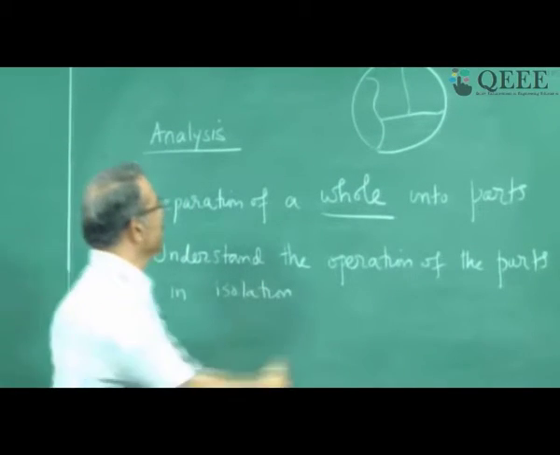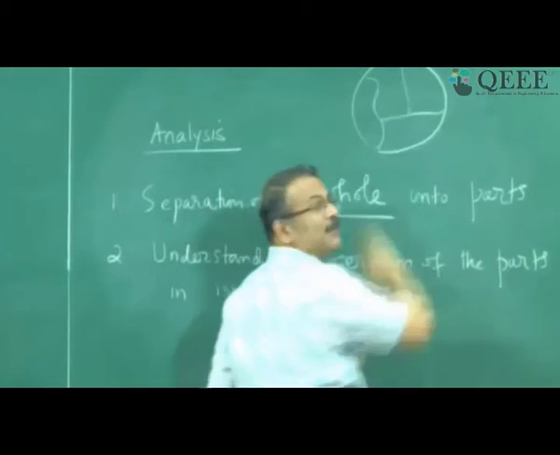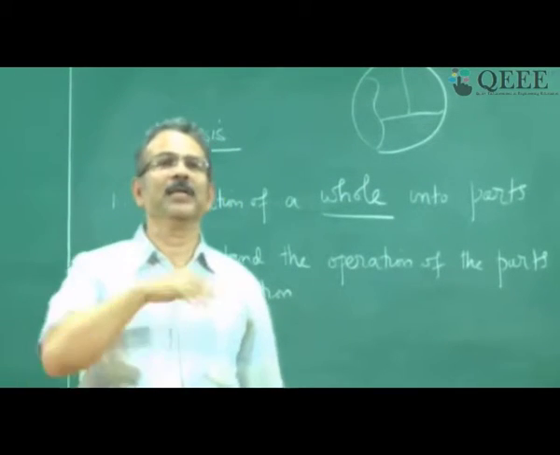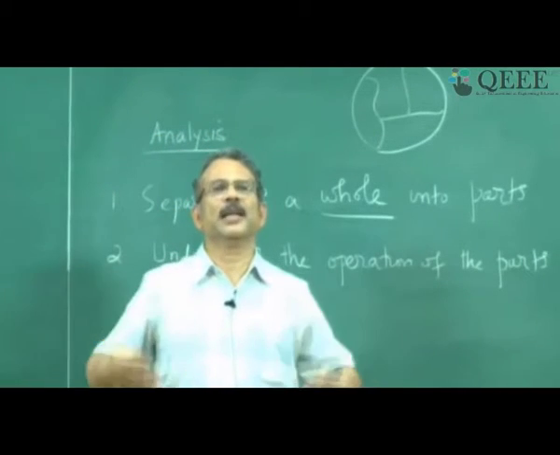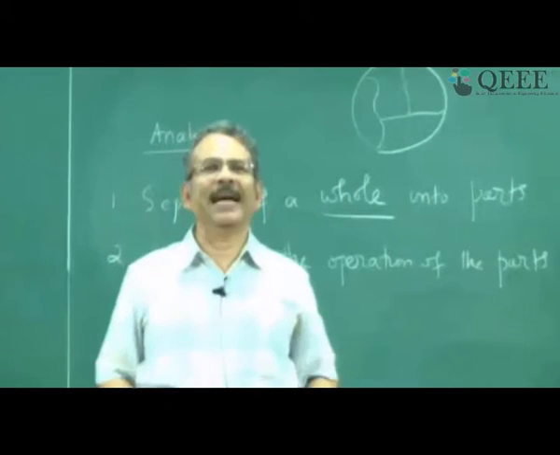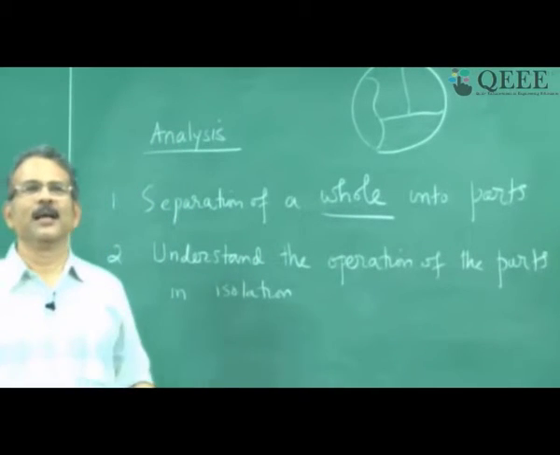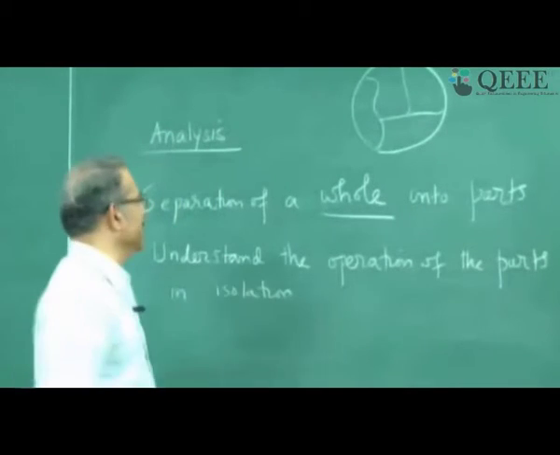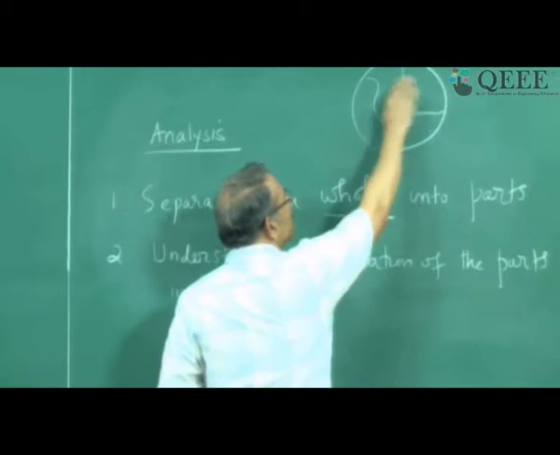In isolation. What does it mean? When I want to understand, let us say this part, I don't bother about the other parts. Actually, different parts may be influencing each other. For example, I cannot understand my body as follows. Can you understand a human being? You remove the hands, you remove the head, right? The human being would be dead, right? So we use this kind of thing for most cases of inanimate things. Even for living things, we can use analysis in some different way, right? So when we try to understand the parts, we don't bother about the other parts.